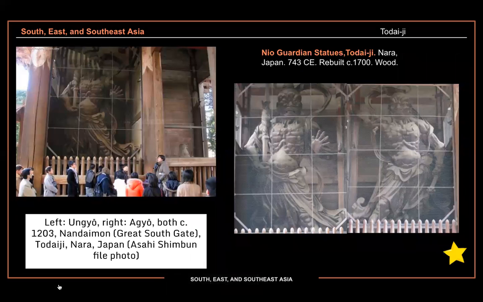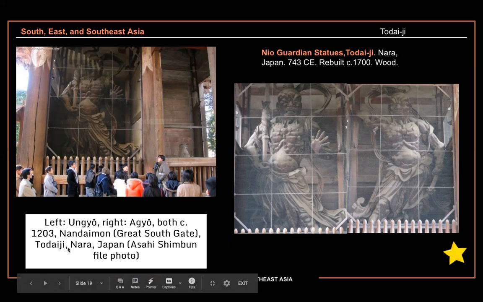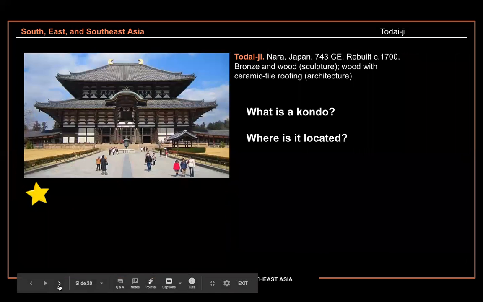Right? Now, today, you can't actually see them as well as the images that we've just seen. They're covered in netting to protect them from fire and animals and from the other elements. So one is on each side of the gate. Okay, so then